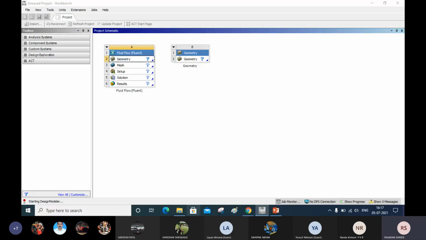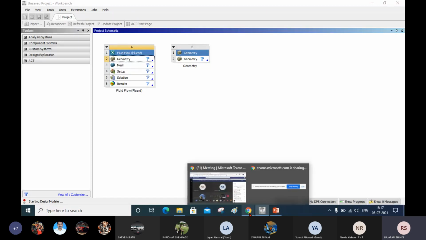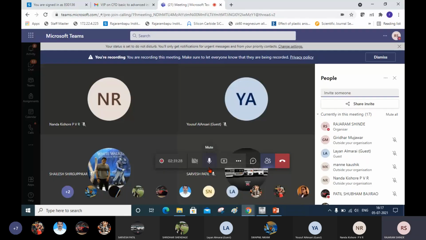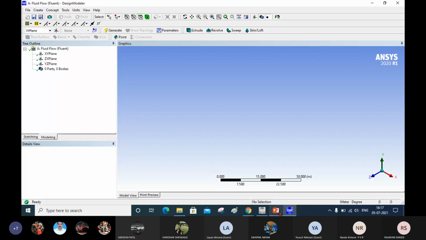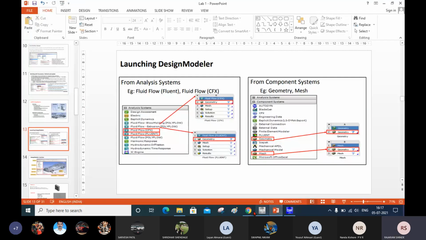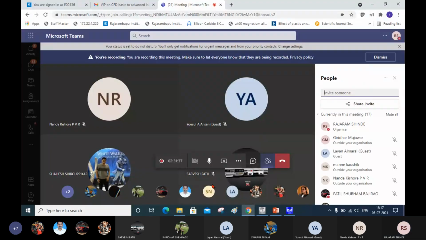Till it becomes green, that means it will open a new window for design modeler. You have to work on that new window. Is there any doubt till opening? I will discuss the doubts. Is there any doubt in this content?